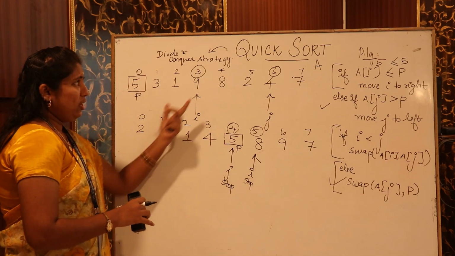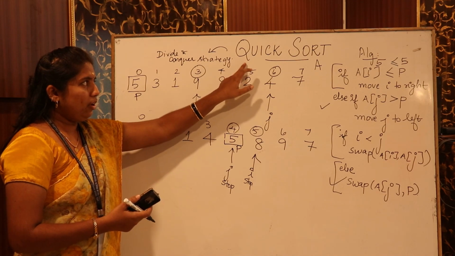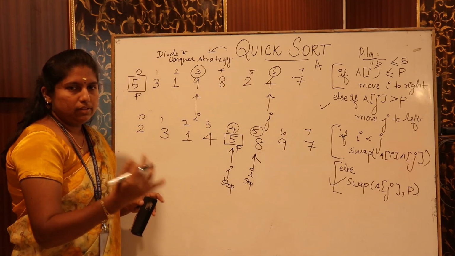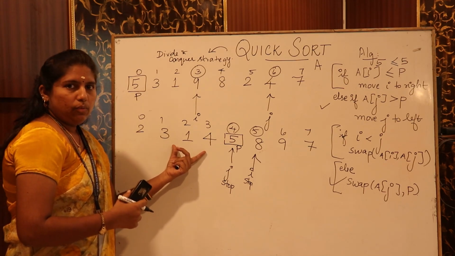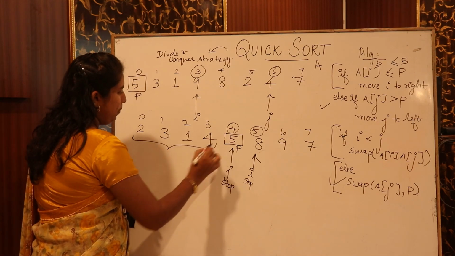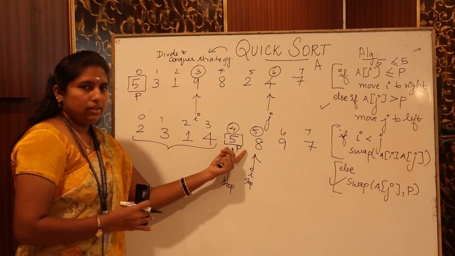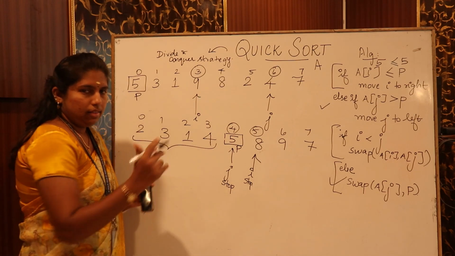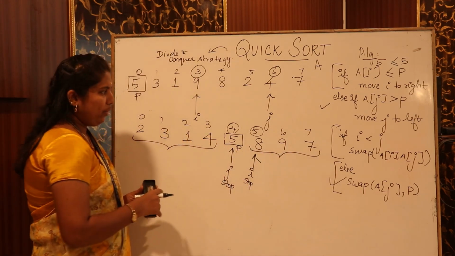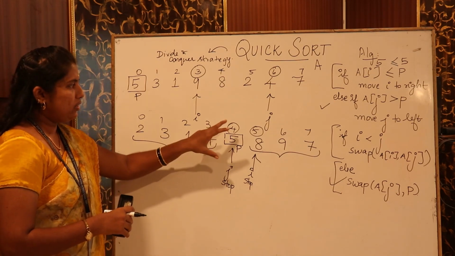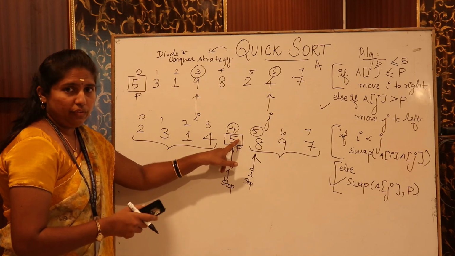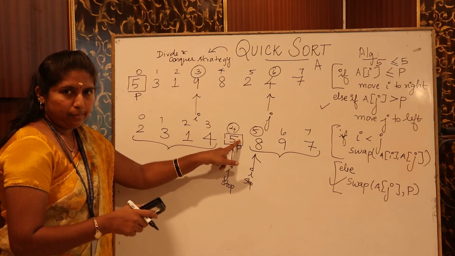So actually in the beginning I told you that in quicksort we are going to have 3 parts. The list is being divided into 3 parts. One is the elements lesser than the pivot element. This is one part. And the second part is the pivot element. And the third part will be the elements larger than the pivot. Okay, so we have 3 main parts which this algorithm states. So the pivot element, which is nothing but the 5, has come to its appropriate position.